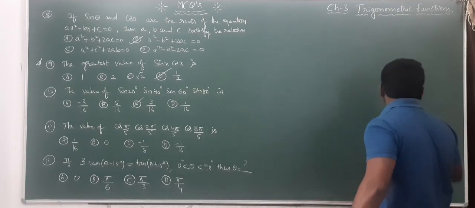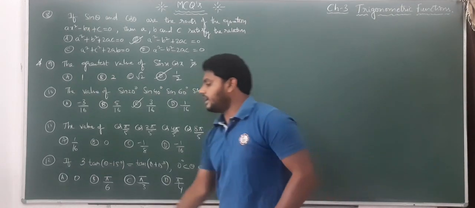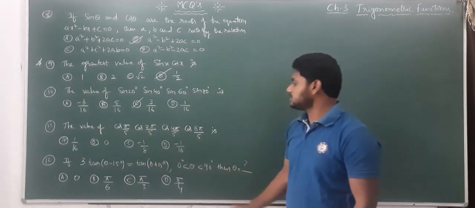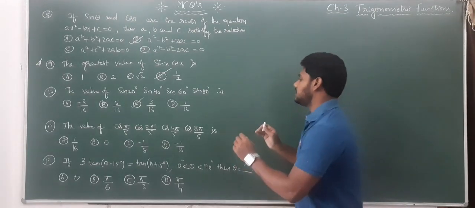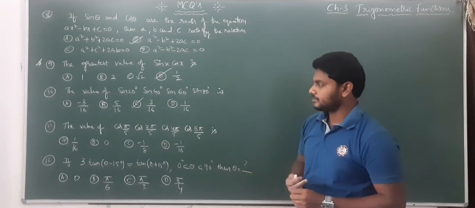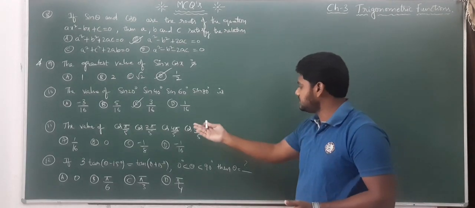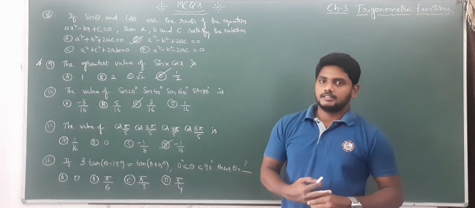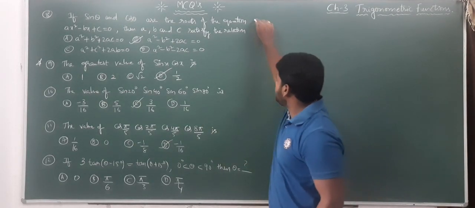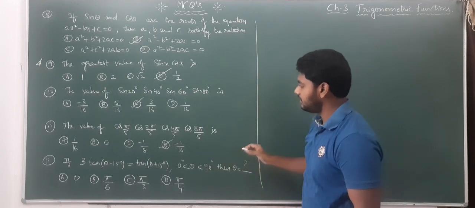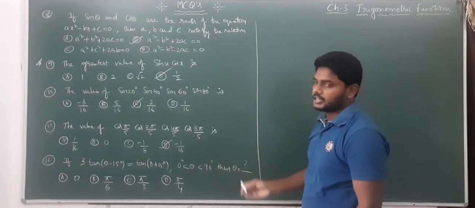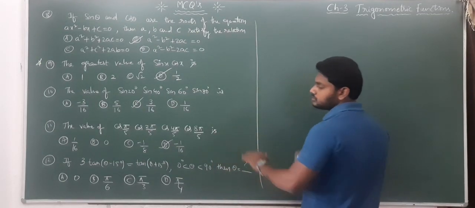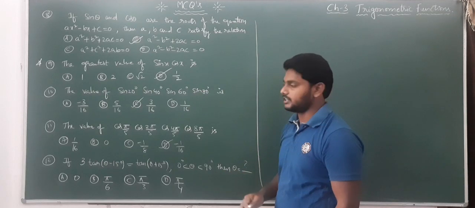Next question. The value of cos pi by 5 into cos 2 pi by 5, cos 4 pi by 5 into cos 8 pi by 5. See, this is a very easy question. By seeing that, I will tick that the answer is minus 1 by 16. After I find the solution here, I will tell a logic, based on that you also can tell. Right? So first of all, you need to learn the method of how to solve. After that, I will tell how to write directly.